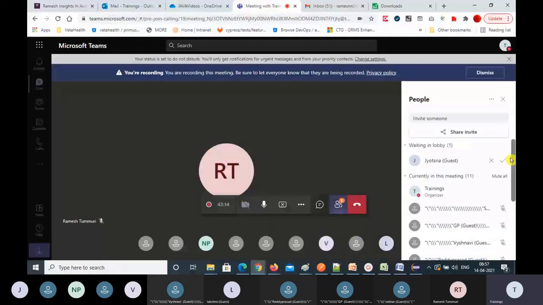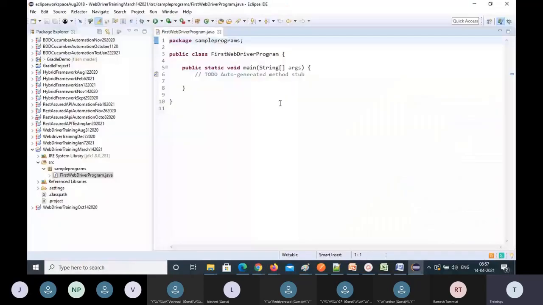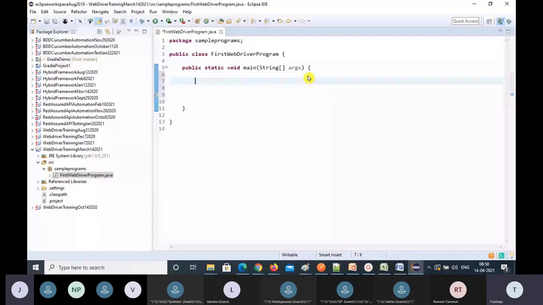So after the main method, the first step is the browser-related code to launch your browser. The first step is to use WebDriver manager to set our Chrome driver-related exe path.